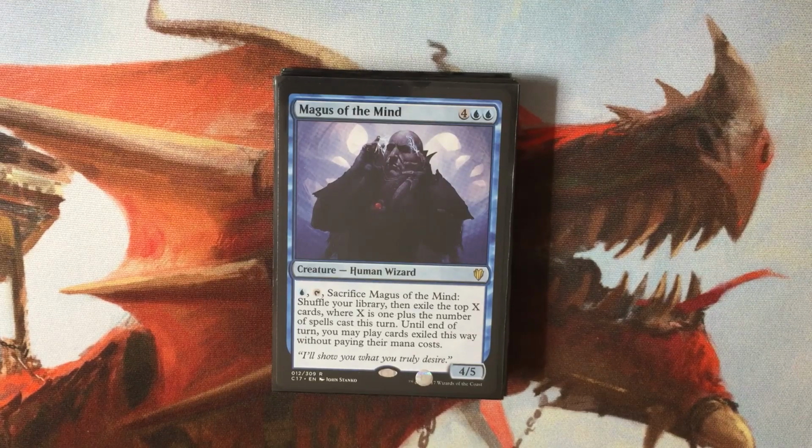Then we have Magus of the Mind, 6 mana for a 4/5. Pay a blue, tap, and sacrifice it. Shuffle your library, then exile the top X cards, where X is 1 plus the number of spells cast this turn. Until end of turn, you may play cards exiled this way without paying their mana costs. I like this more than the spell that it's named after,